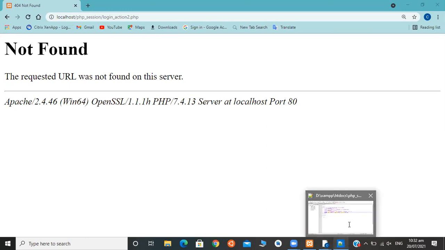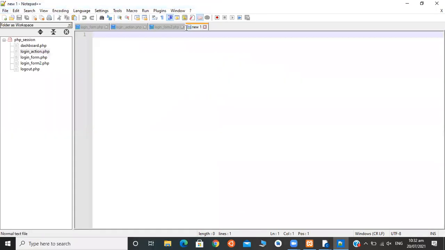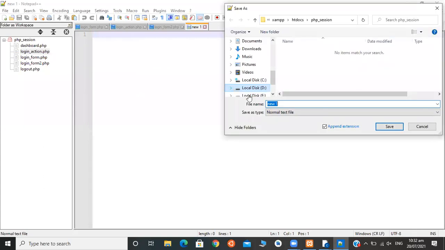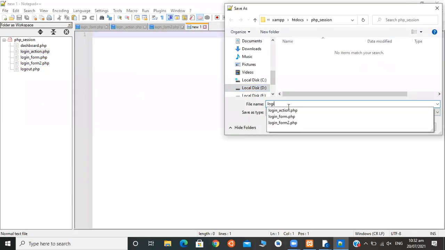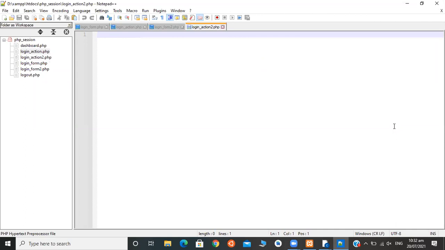Let's create that. Save it as. So what we are going to do in login action, the data we have sent from the form, we need to get it over here, and we need to check if that matches with the right credential.